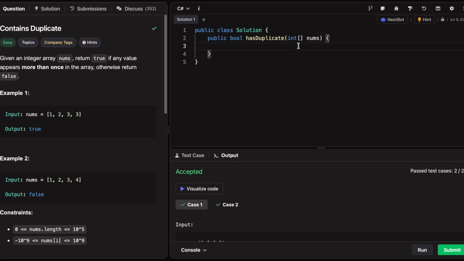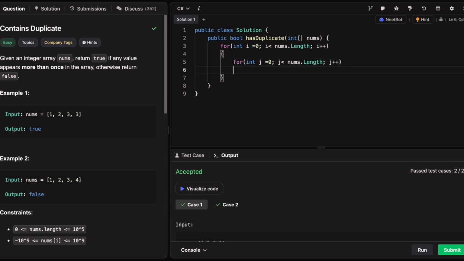Let's start. I have opened up the IDE in NeetCode. So what we'll do is we'll start the for loop for int i equals 0, i less than nums.length, i plus plus. We have another loop inside, j equals 0, j less than nums.length, j plus plus. Now we have to make sure we're not comparing the same thing in the array. So we'll have an if condition of if i is not equal to j,